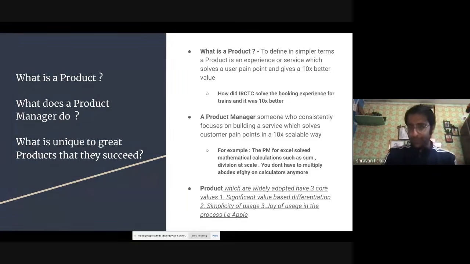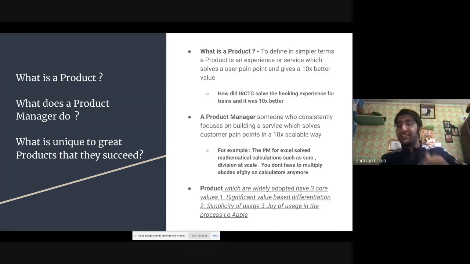Another example that I want to put across to you is, 10 or 20 years back, whenever you used to do computations, what did you do? You would pick up a calculator, and if you had to add like 20 values, like 200 plus 200 plus 589, you would put in each value and press equals at the end of it. And if you messed up one of the values, the entire sum goes for a toss. Somebody in Microsoft thought, why don't I create a function for it? In Excel, you just select all the fields, put the sum function, and it does it for you, right? So that is what a PM thought and did, right?